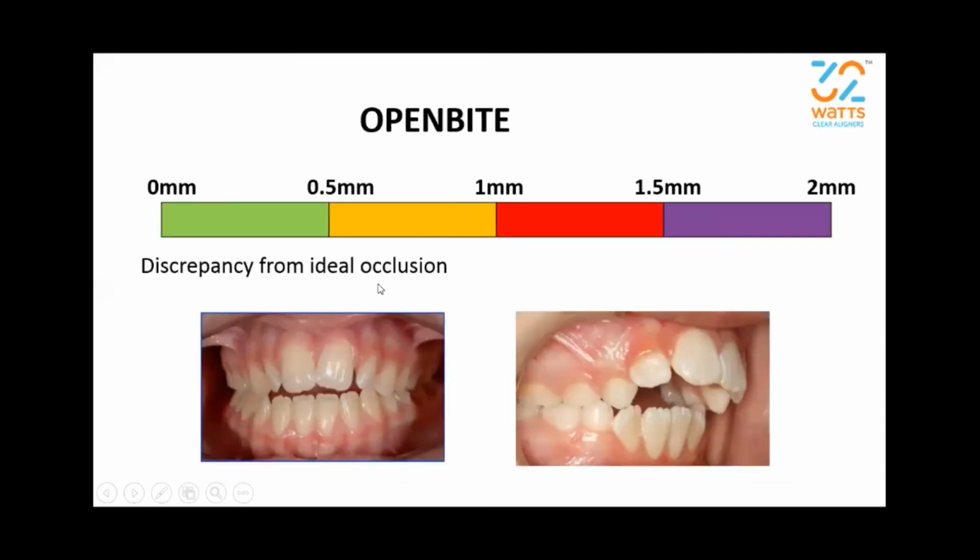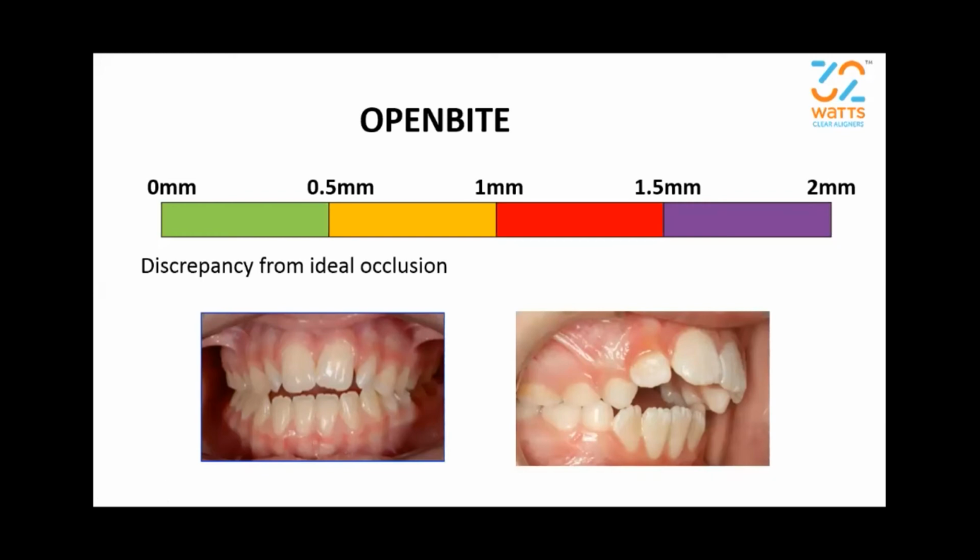Then the next malocclusion is open bite. Now, open bite is also a problem in a vertical plane where there is a gap between the upper front teeth and the lower front teeth, or we can say that there is no overlap between the upper anterior and the lower anterior. So open bite correction up to 0.5 millimeters is considered to be mild. Up to 1 millimeter is considered moderate. Up to 1.5 millimeters is considered a standard case, which would require approximately 25 sets of aligners, and up to 2 millimeters of open bite correction is an advanced case of aligner.